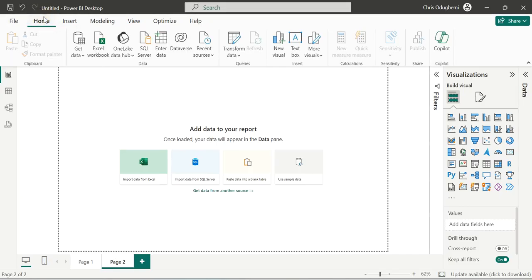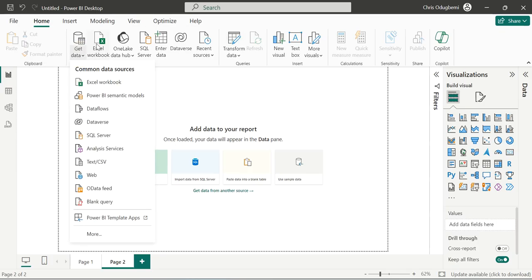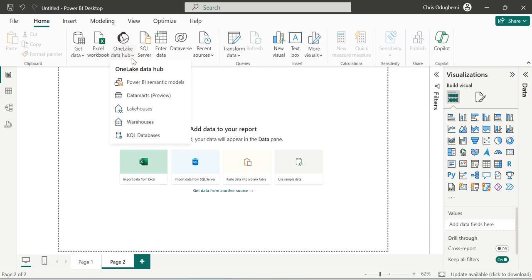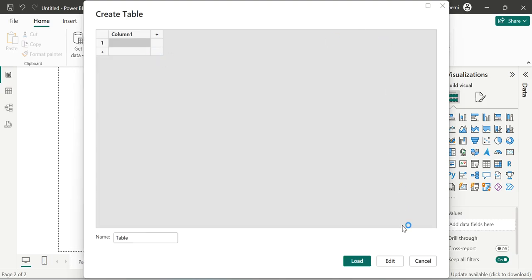Now, let me go to the Home tab. All right, in the Home tab, some of these features you may be familiar with if you are from a Microsoft Excel background. You have the clipboard. This is currently grayed out because there is no data, there's no table that we have already constructed at the moment. You have the data section in the Home tab. All right, so you could get data, you could work on Excel. If you have a OneLake data hub, connect to all this data repository in order for you to be able to